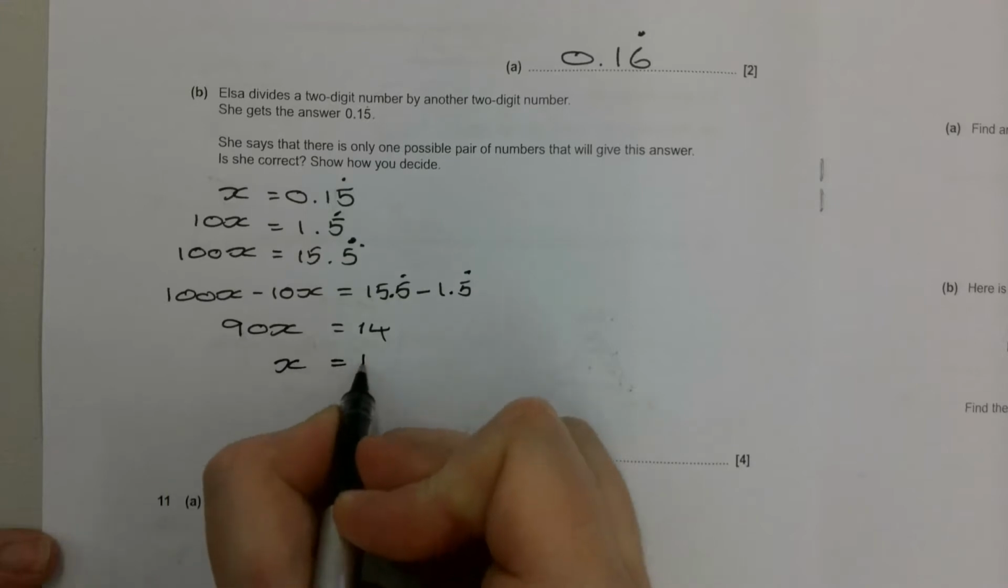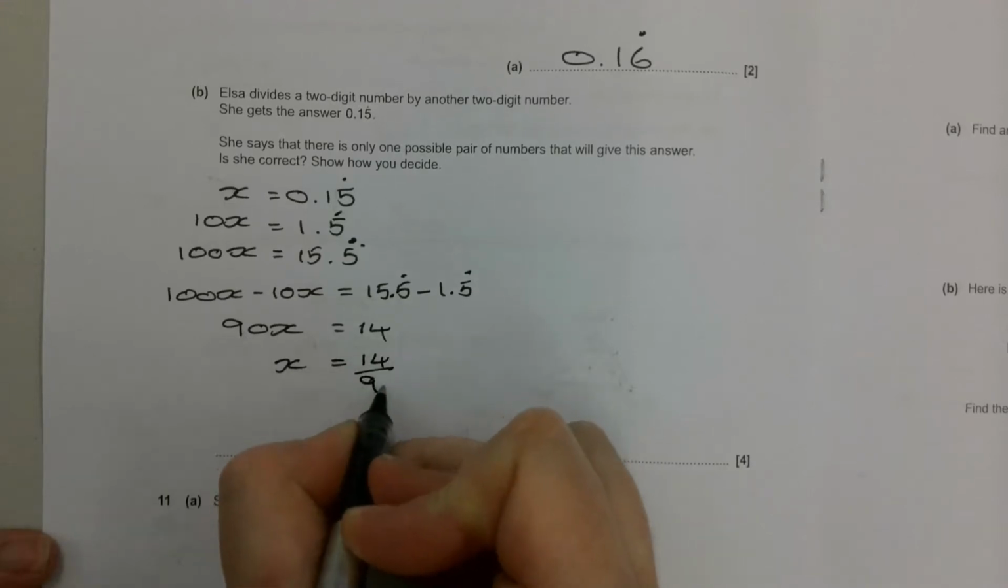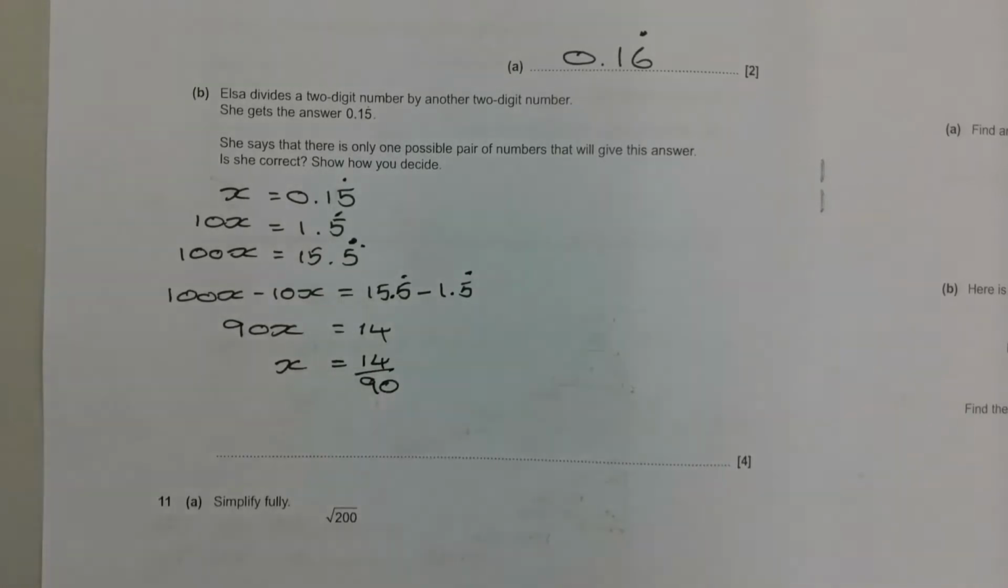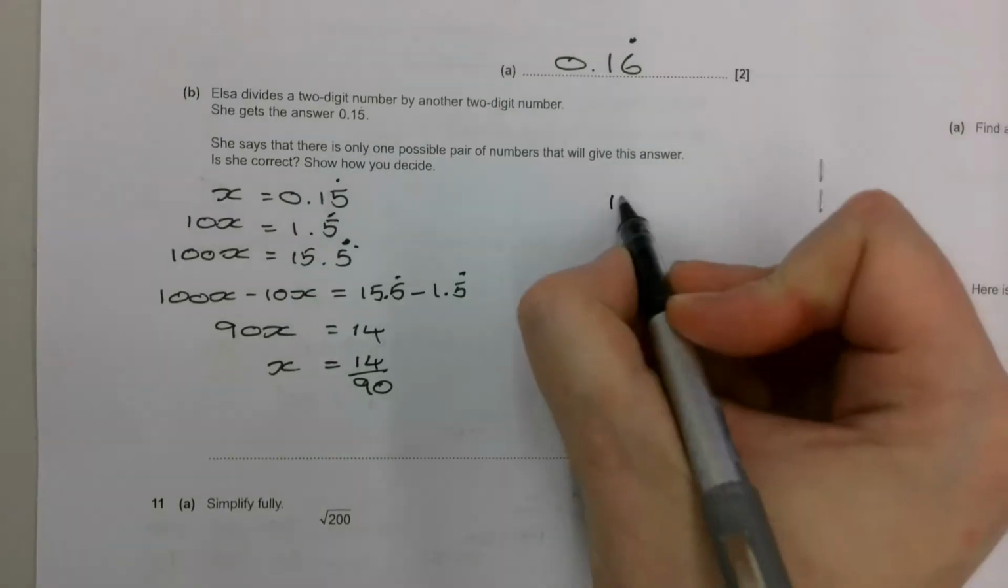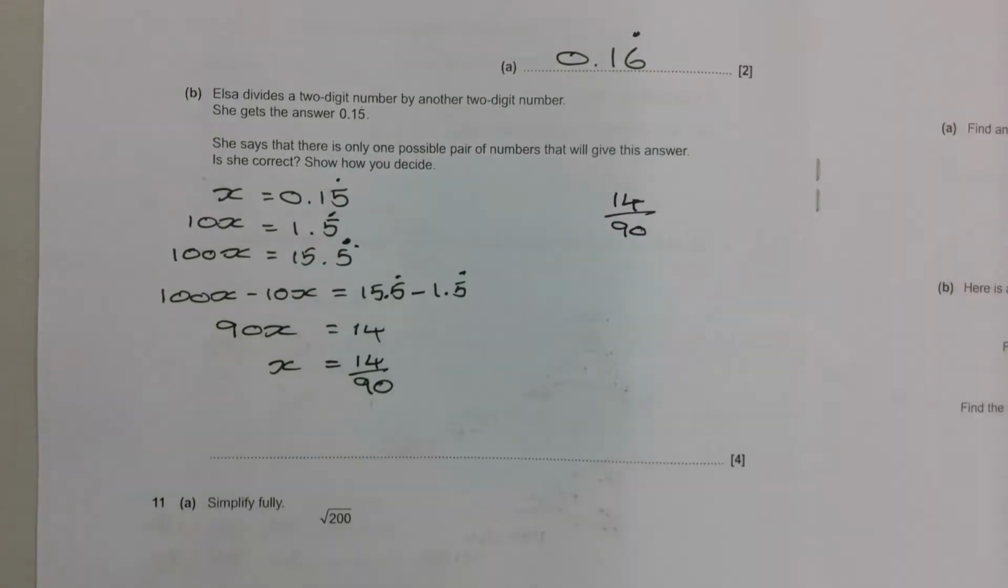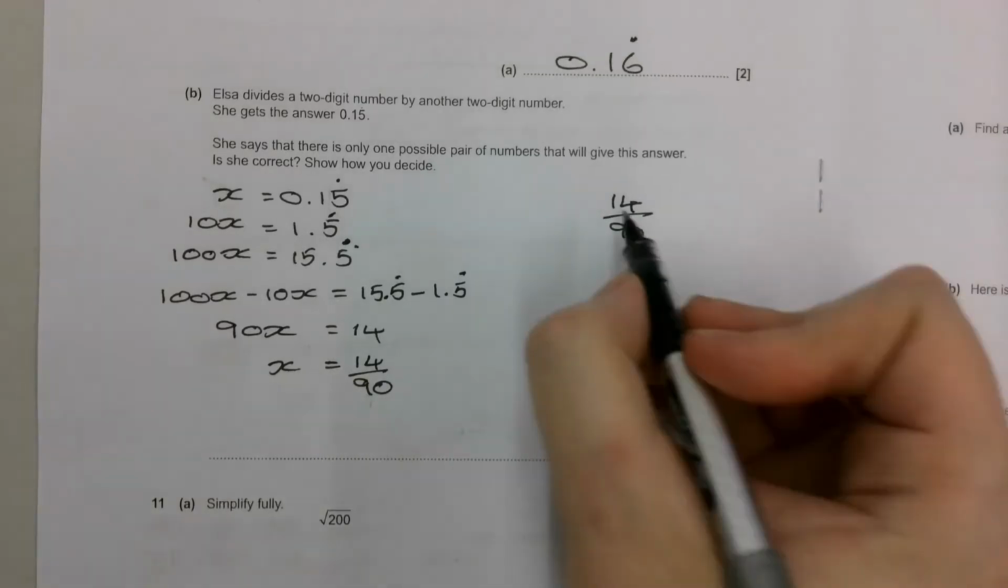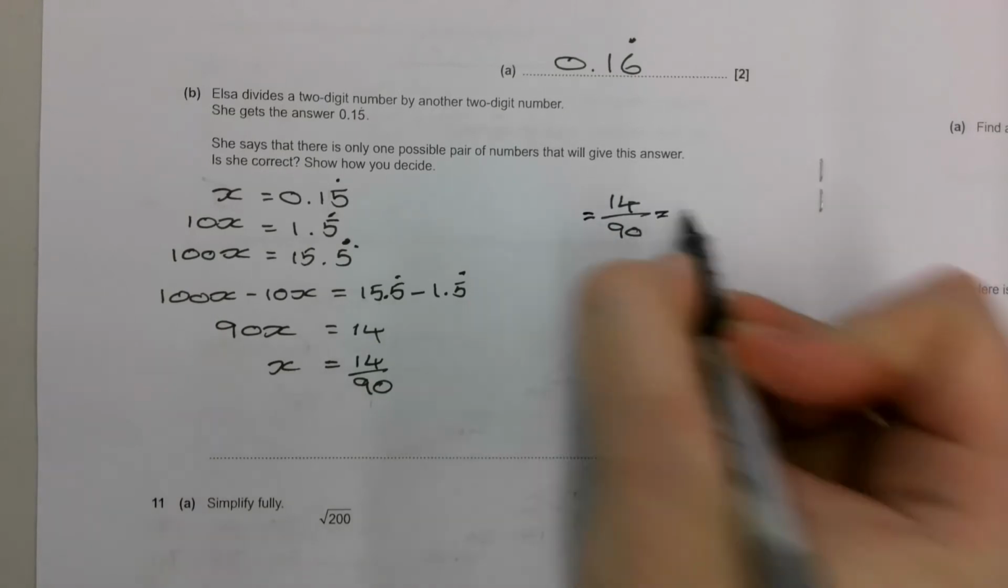Which means that x is 14 over 90. We could have done 14 divided by 90 and got the answer 0.15 reoccurring. They are two-digit numbers. If we think about what the other fractions that are equivalent to 14/90ths are, they will be other pairs of numbers that will divide to make